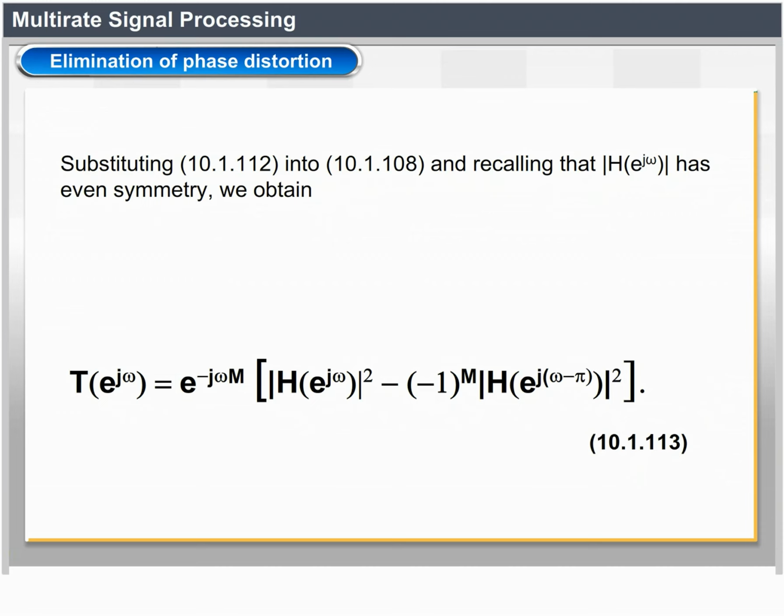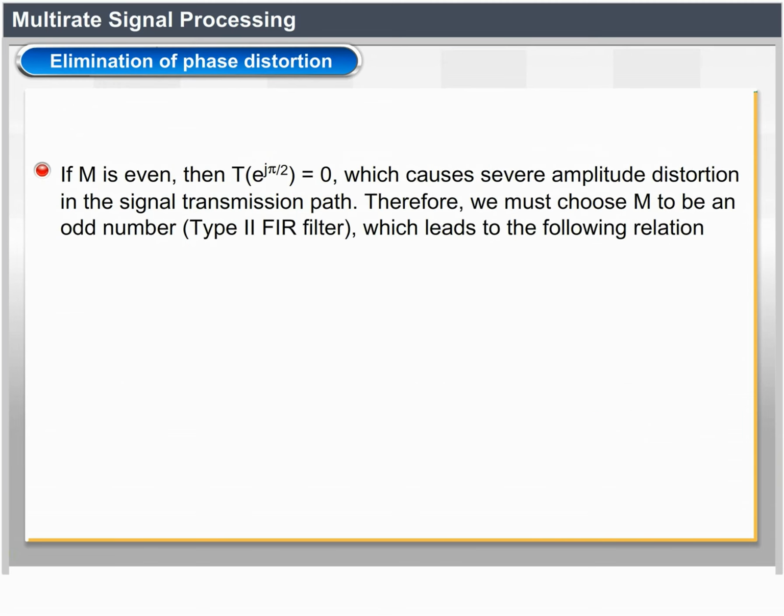If M is even, then T of e power j pi by 2 equals 0, which causes severe amplitude distortion in the signal transmission path. Therefore, we must choose M to be an odd number, a type 2 FIR filter, which leads to the following relation: